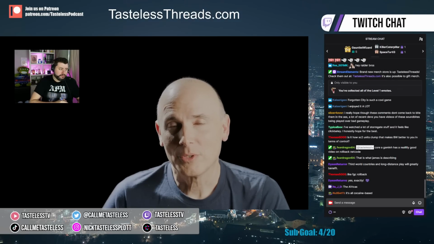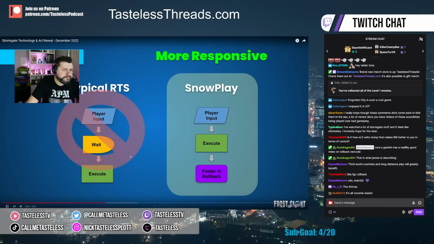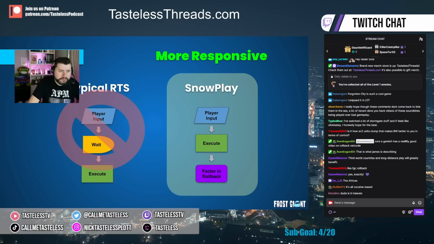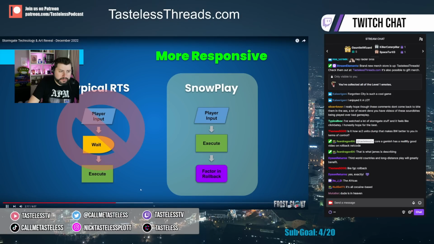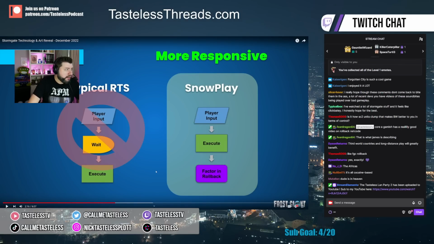Rollback allows us to reduce the lag a player feels playing the game over the internet. Rollback works by allowing us to simulate the game even in the absence of player input. And if we receive input later, we can roll back to that time that the input happened and then simulate forward really quickly to catch back up. There's a lot to quickly unpack here. Okay, so